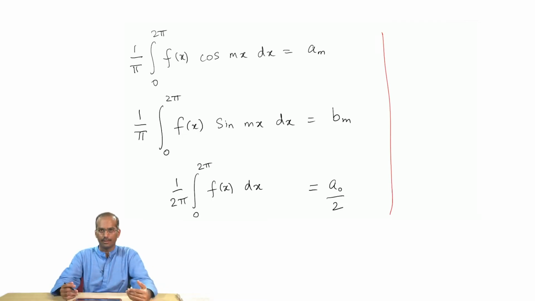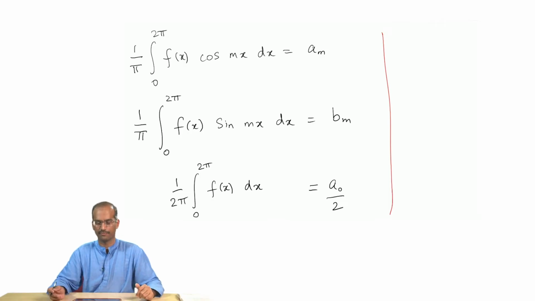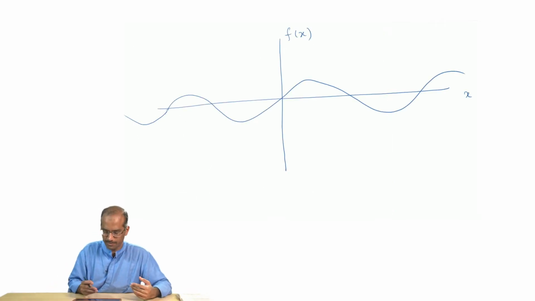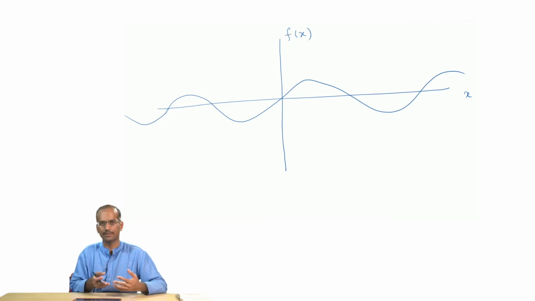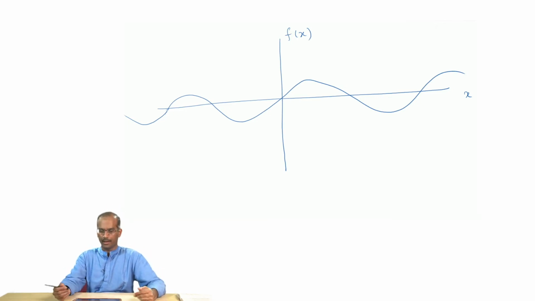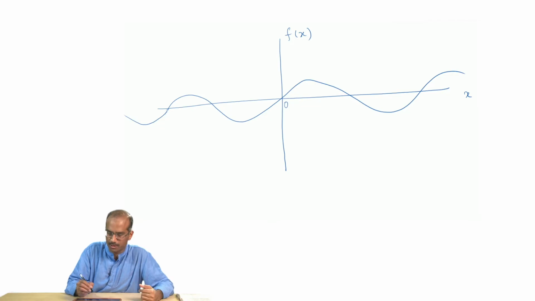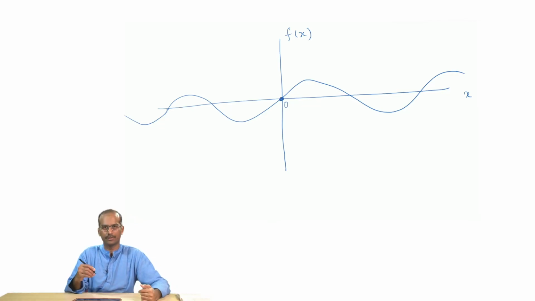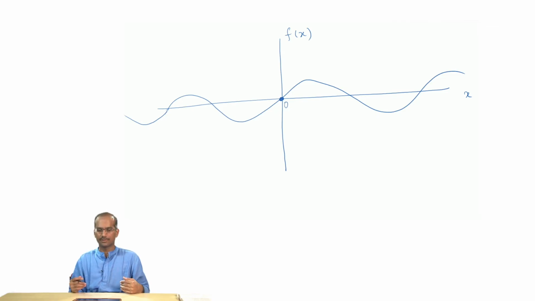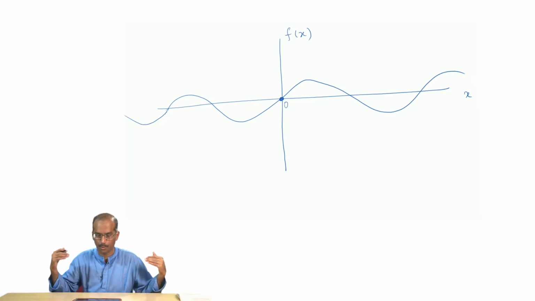So, as I said, a 0 or a 0 by 2 gives you the average of the function, and these other coefficients tell you which frequencies are involved in the construction of the given function. Just to give you a pictorial example, for instance, I have this function here which I just plotted out, and you can see from the looks of the function clearly, if I take this point here to be the origin, then clearly the function is oscillating about y equal to